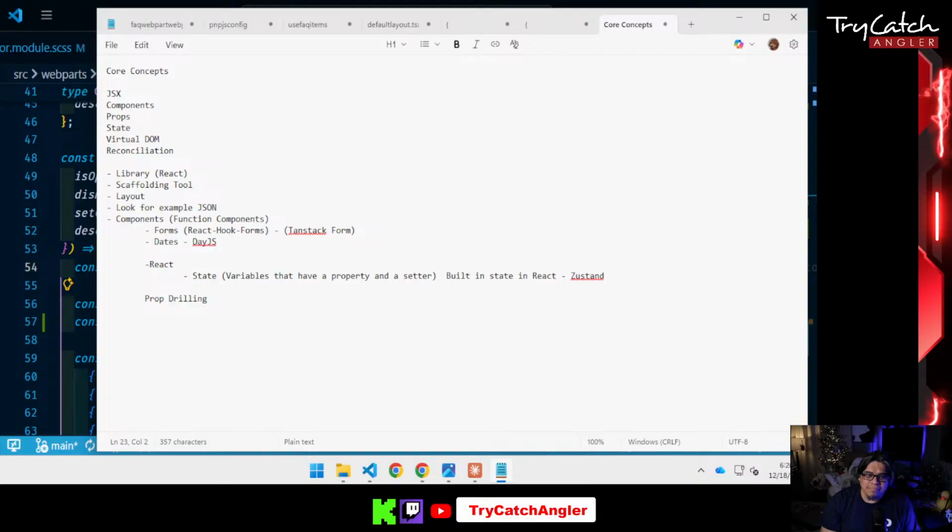Sorry. And then the components, like I said, avoid nesting components. Try not to nest. Nesting components is when you have a component within another component within another component on the same file. You don't want to do that, because if there's any state changes within that one file, it's going to trigger